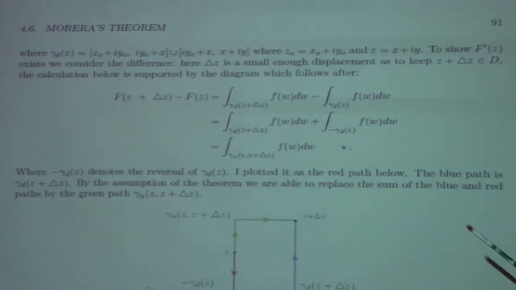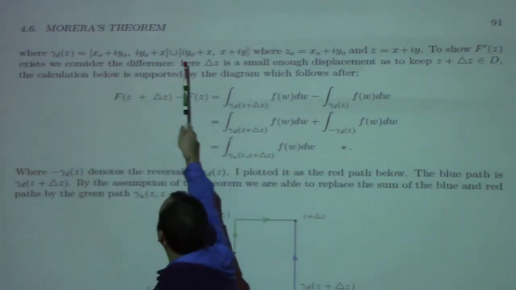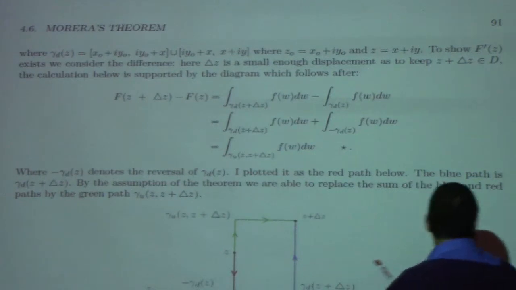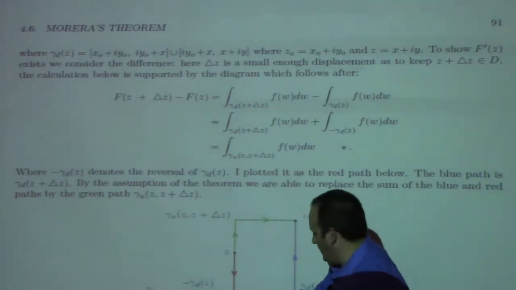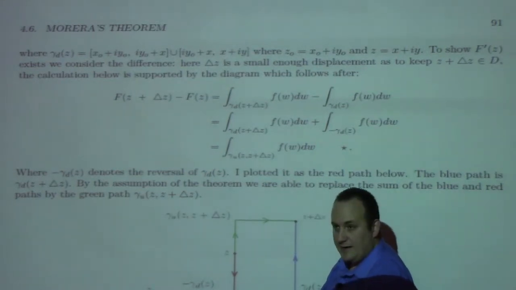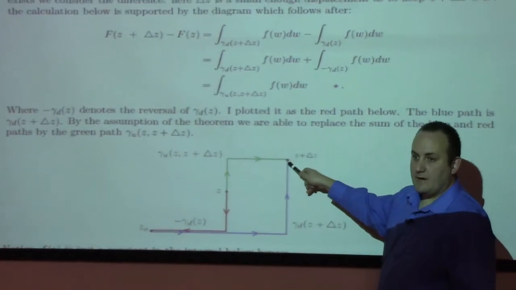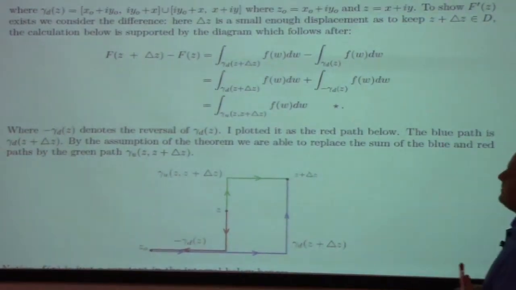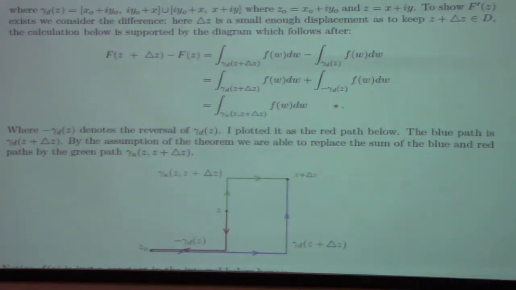Okay, so this path gamma d of z is a path from x naught to x plus z. So the rectangle I had in the, oh, here it is. This point right here is x naught plus i y naught. This point up here is x plus i y, all right? Now, I want to show that f prime of z exists, so I want to consider the difference quotient ultimately. So I consider a small delta z small enough so that it is split as, small enough